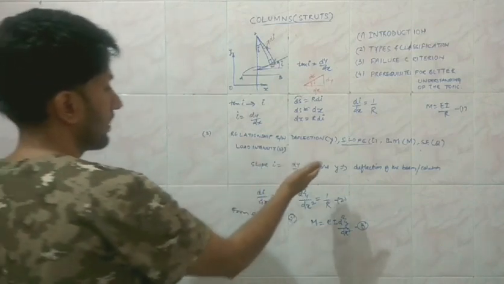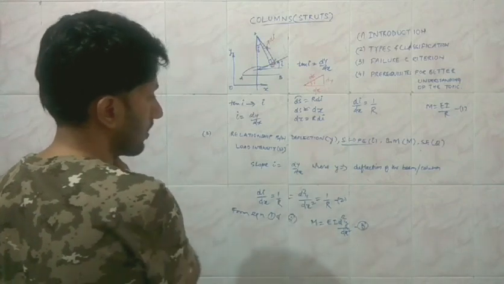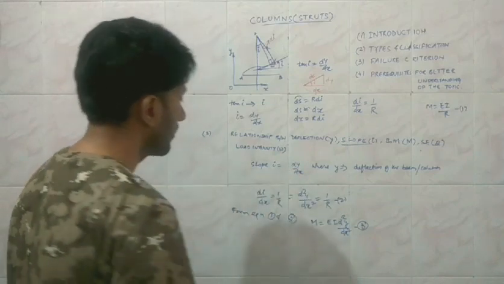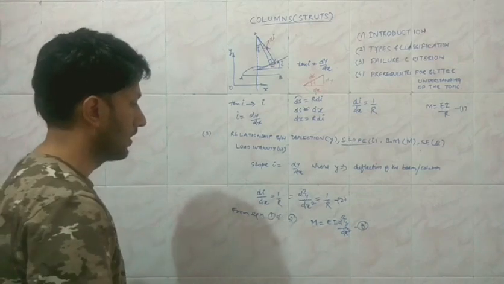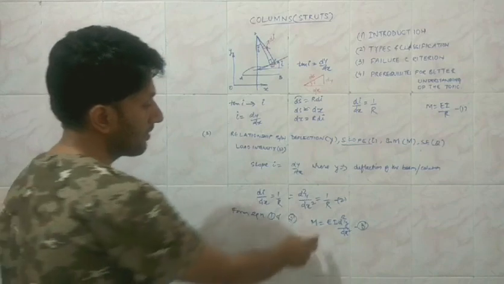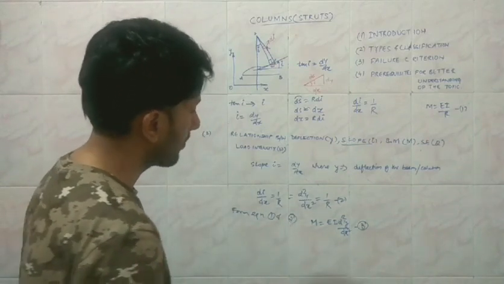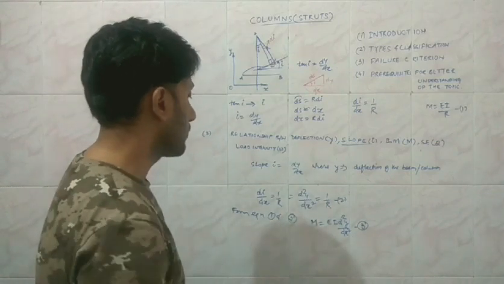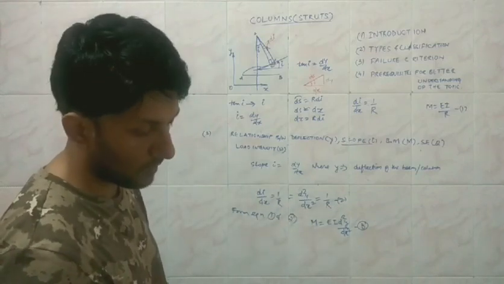So we have identified that if we know the slope deflection, then the rate of change of this deflection gives us the value of the slope, and if we are able to find the value of the slope, then the second derivative multiplied by the constant EI gives the bending moment. E is the value which corresponds to the type of the material, and I is the value which corresponds to the type of the cross section we are talking about. So for a given beam or a column, EI is a constant, and the rate of change of slope, when multiplied by the constant EI, is going to give us the value of the bending moment at that point.